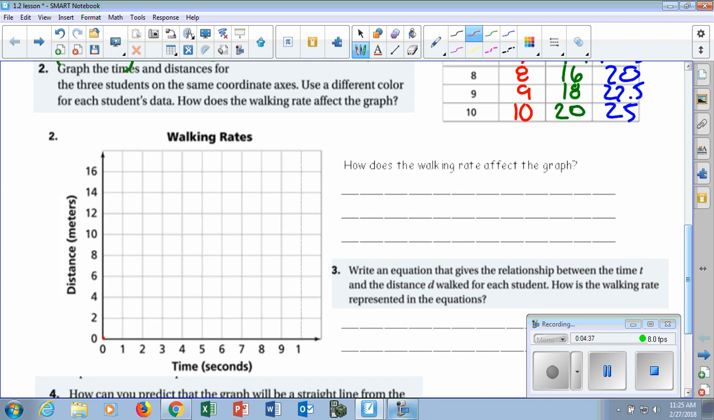Elena is at 0, 0, and then we know she goes up by 1. So at 1, she's at 1. At 2, she's at 2. At 3, she's at 3. At 4, she's at 4, and so on from there: 5, 6, 7, 8, 9, 10. And her max is 10. We don't even go further than that. So if I were to connect this line,